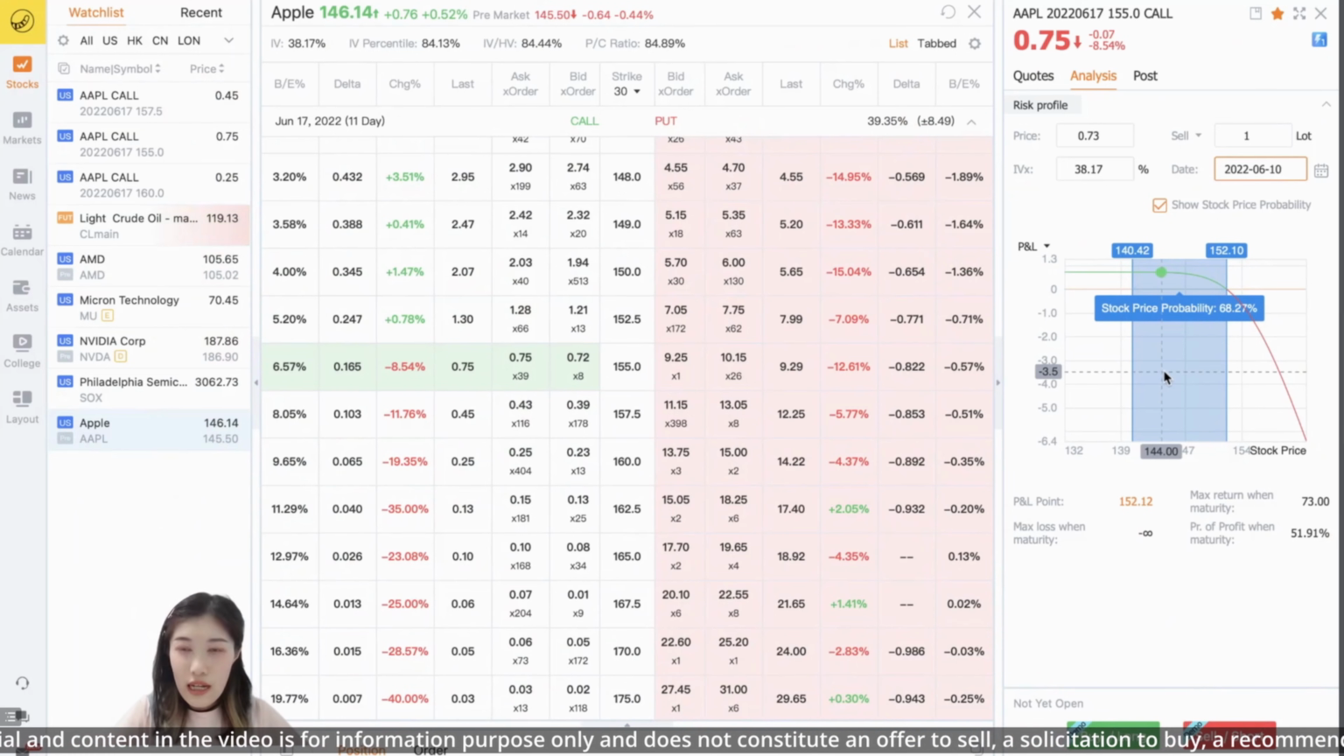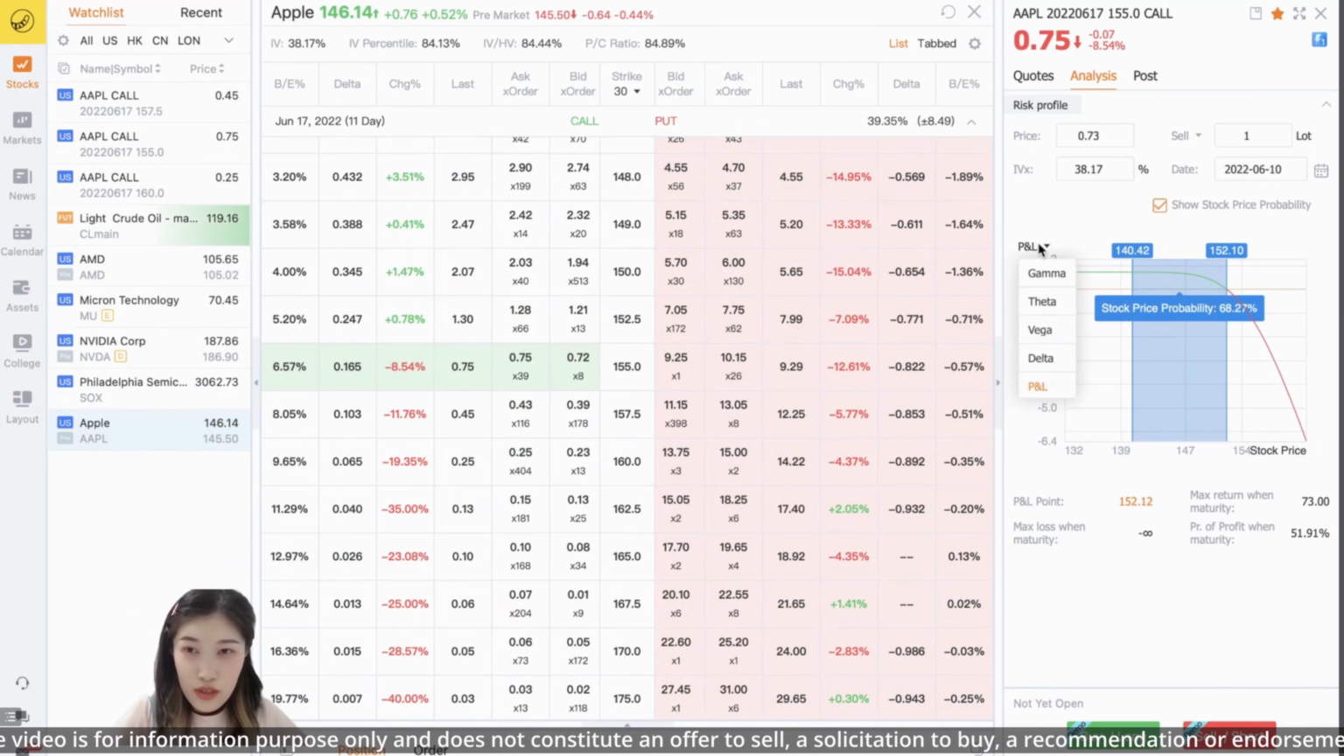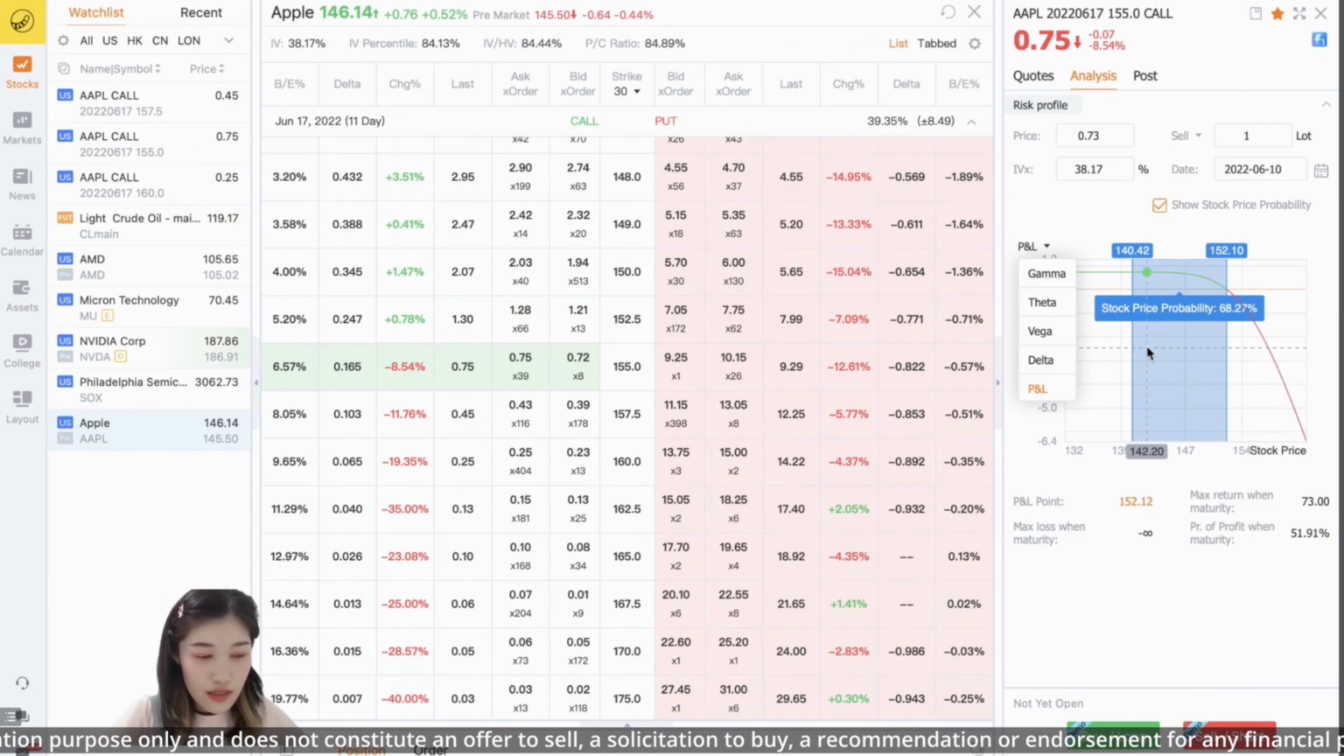Now, besides calculating break-even points, max returns, and the probability of profit, the chart also has the option Greeks embedded, such as gamma, theta, vega, and delta. Option Greeks measure the sensitivity of option price in regards to its underlying determining parameters, such as volatility and the